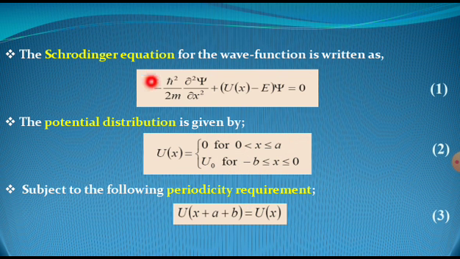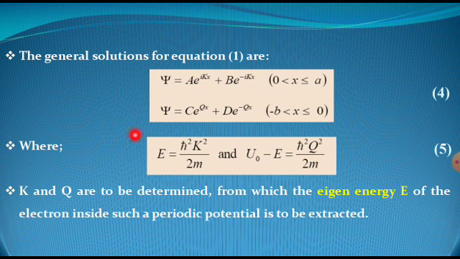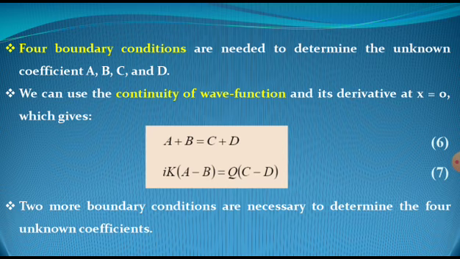So here in this equation you can see U0 minus E and h cut squared upon 2m are further identified as equation number 5. K and q are to be determined, which are the constants from which the eigenenergy E of the electron inside such a periodic potential is found. Periodic potential means what? When an electron is moving in the absence of an electric field, what is the repeated motion which the electron exhibits and what is the energy? These are the important parameters on which many major applications of semiconductors or any electronic material can be further classified.